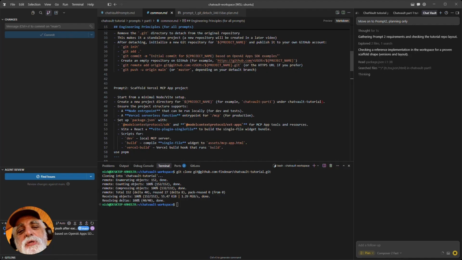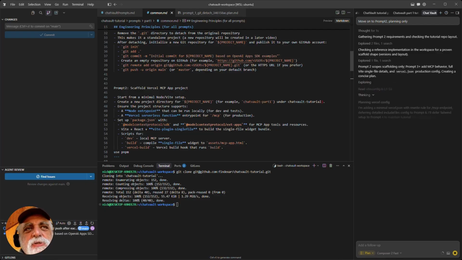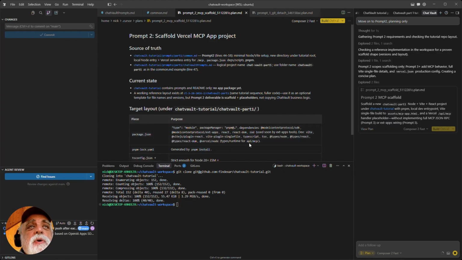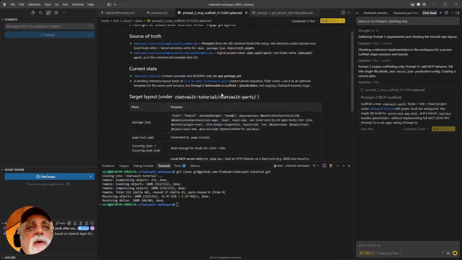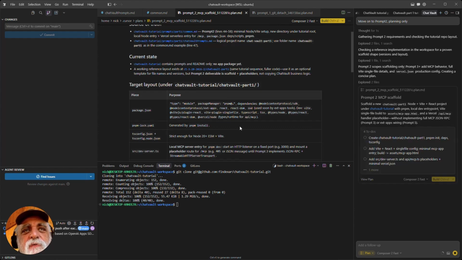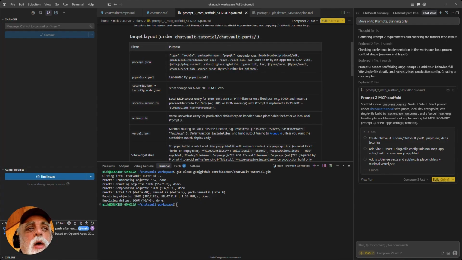We used to use the start kits, start repos for that kind of thing, but with AI, you don't need that. You can just tell it to scaffold it. You need a prompt instead. So it created a plan. It will be Vercel. That's why it's important, because it will create the Vercel.json file for hosting. And it will create,